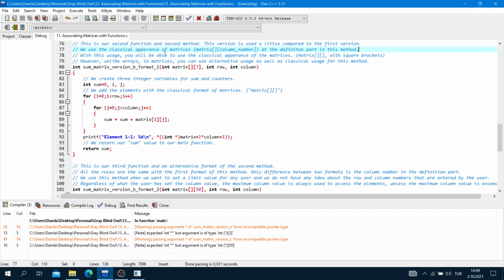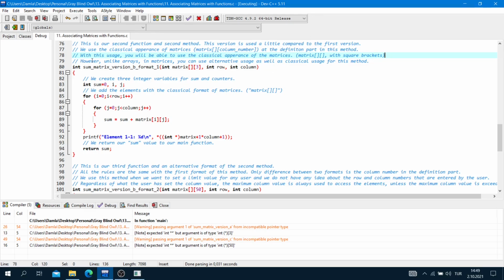With this usage, you will be able to use the classical appearance of the matrices, matrix, square brackets, and square brackets. This is legal, okay? We do not have to use the alternative usage of matrix.